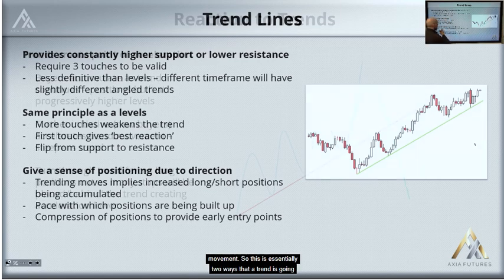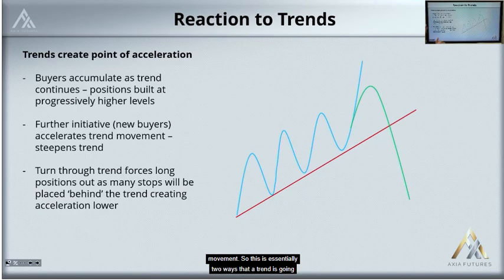So this is essentially two ways that a trend is going to create the next level of movement, sort of your point of acceleration. Now, what essentially is happening here is buyers are consistently accumulating position. Now, they're not getting further and further on side. If you think about this from the point of view, for example, of somebody who buys on breakouts, so buys as a market moves higher, if they buy here or here or here, the market consistently, so if they're buying on the break of the previous high,